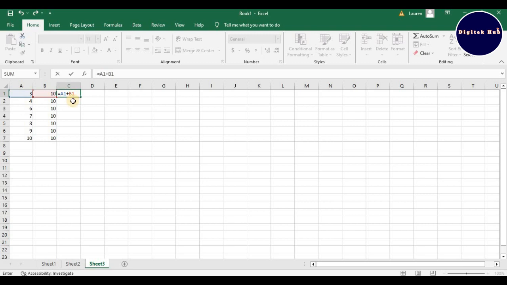So when I press enter, it will give me 13, because A1 is 3 plus B1 which is 10, so it gives me 13. So that is what we call cell references. You can use the name of each cell to do your calculation. I hope you understand that. And another thing is you can